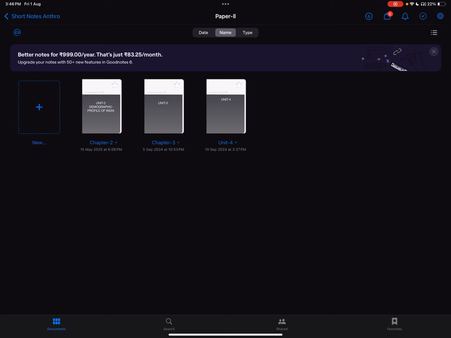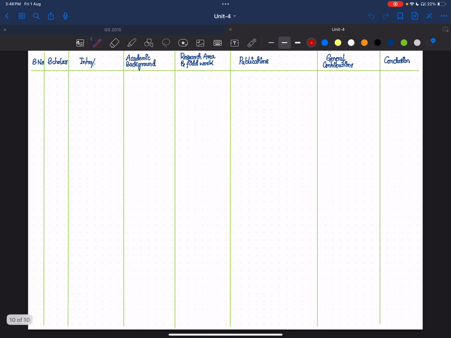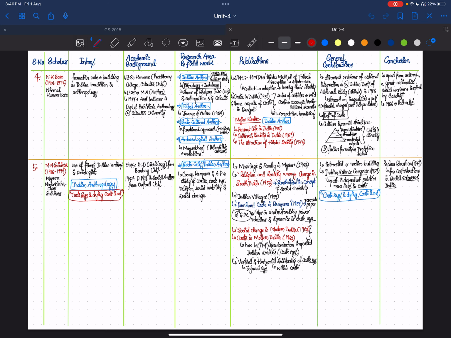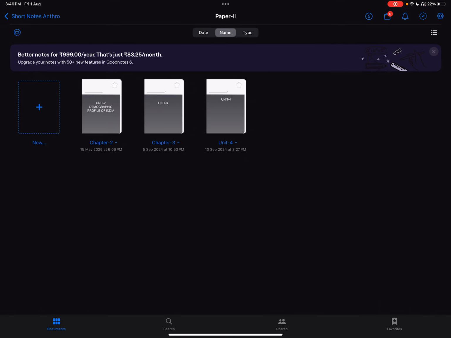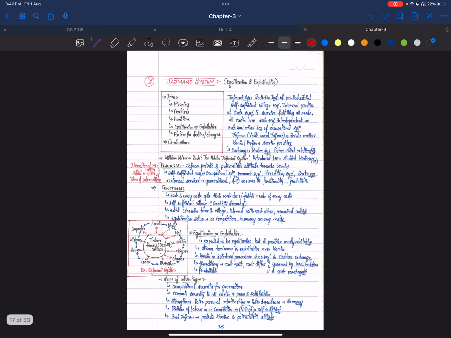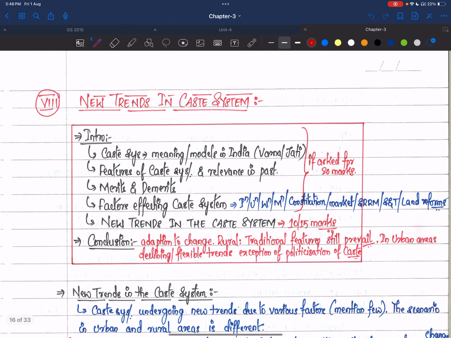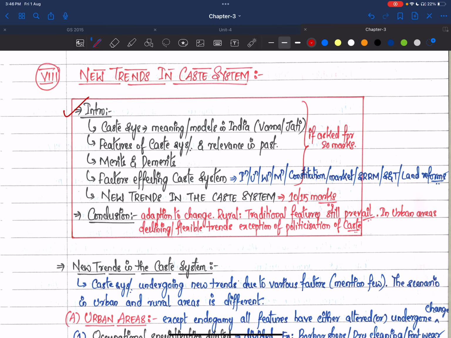I also had these notes when I was preparing in Vishnu IAS, but I didn't like them much, so I wanted to prepare again neatly. See here, this is the anthropologists section. I've made it in tabular form. I've made notes in this way. Sapiens IAS sir has given these frameworks. If you remember these frameworks, you can write the answer. You get the structure.